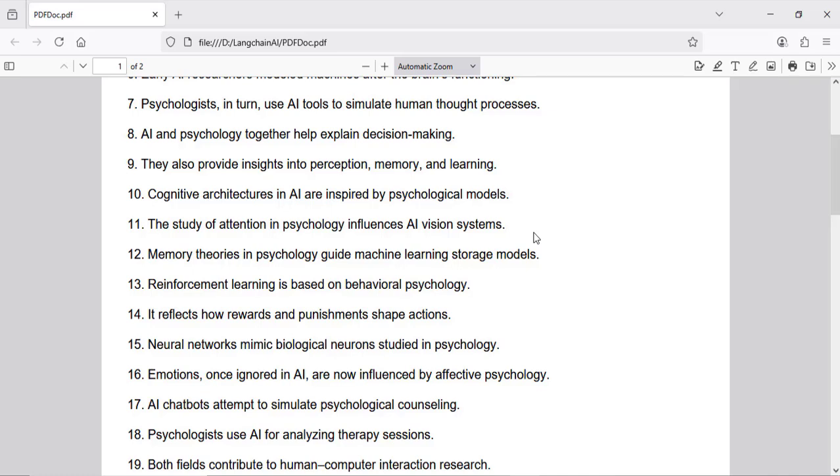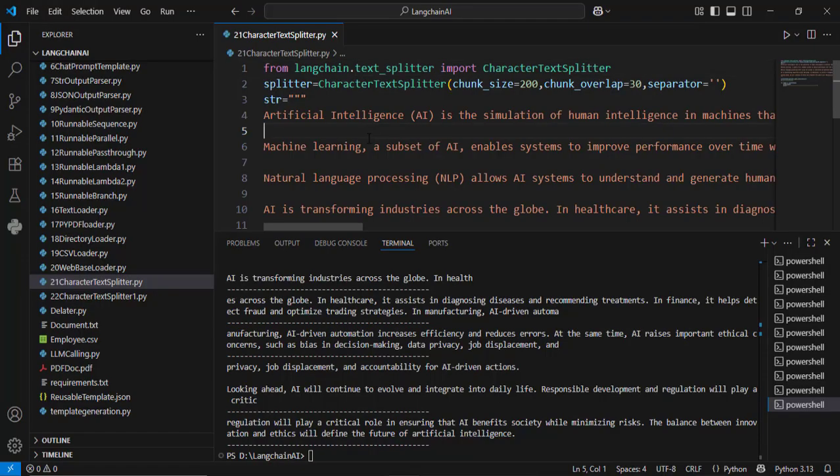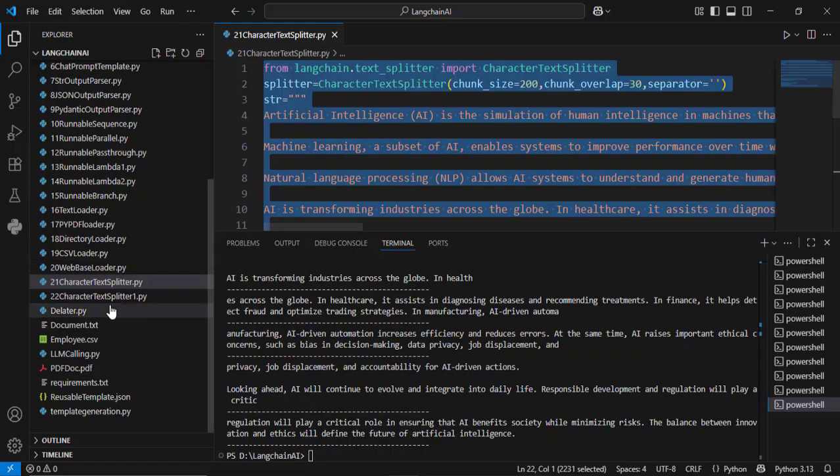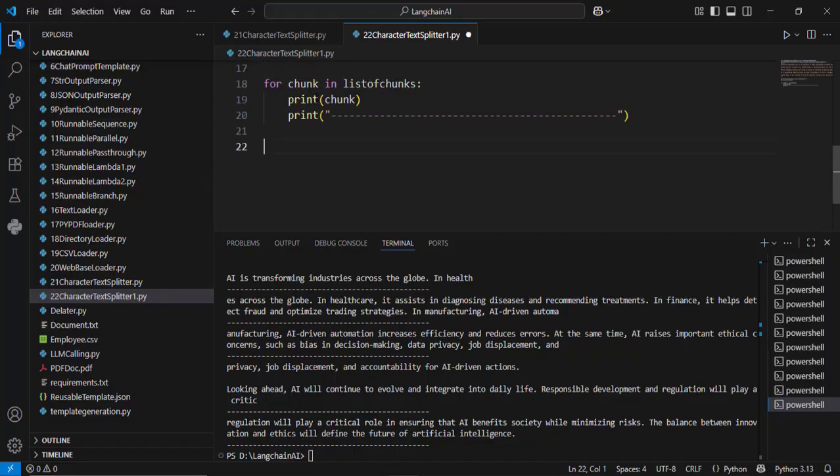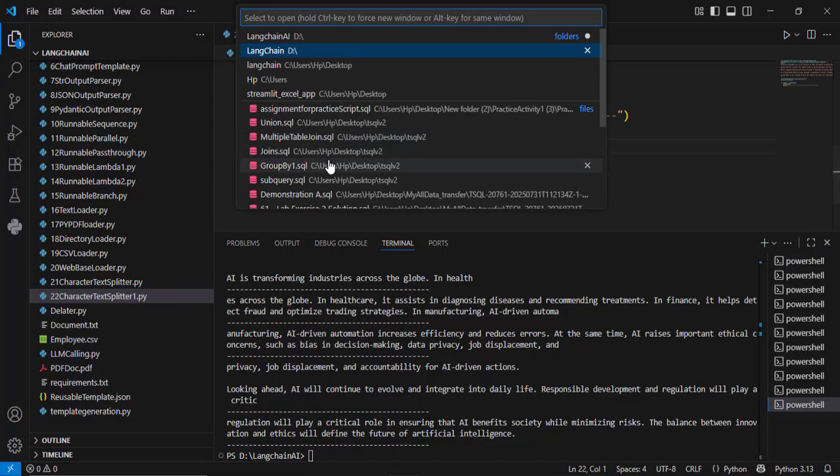So this time I will use PyPDF loader first to load this document, and then I will split this particular document. I will copy this whole code, and you see I have created a new file which is textsplitter1.py. In this I will paste all the code,